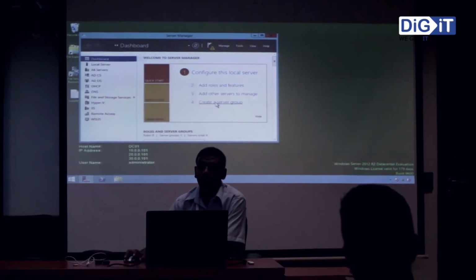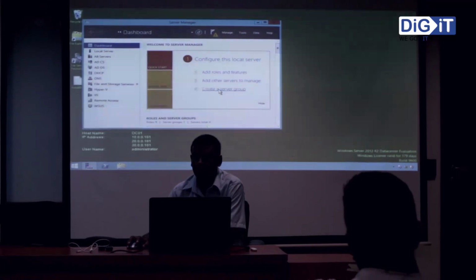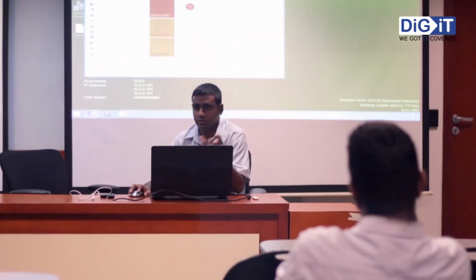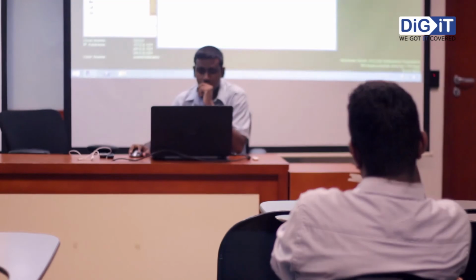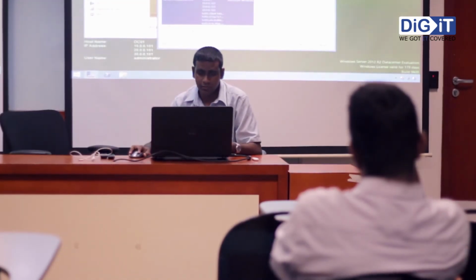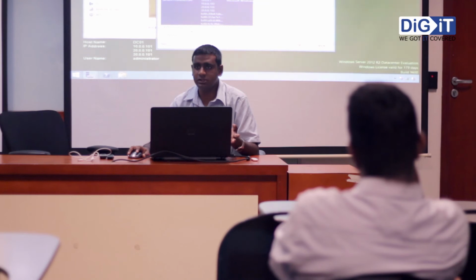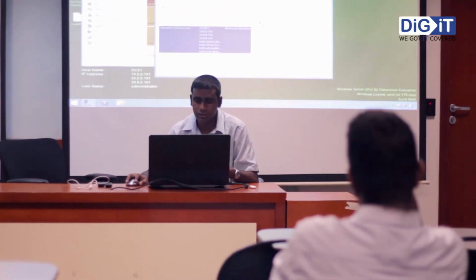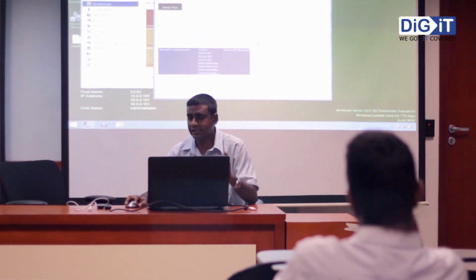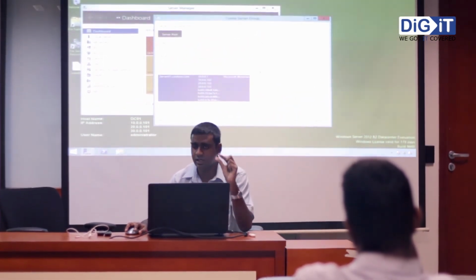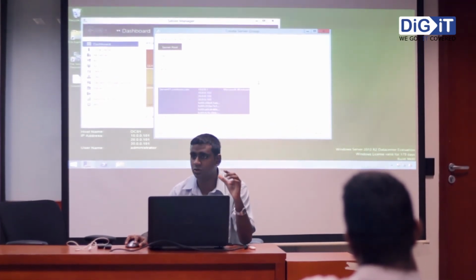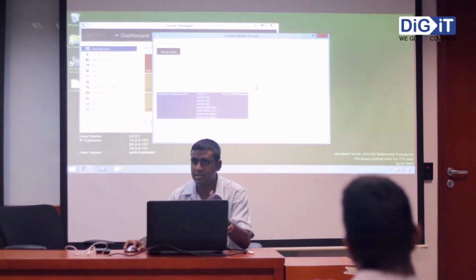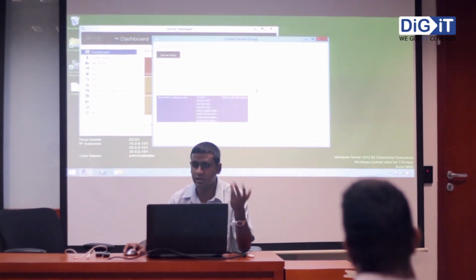Now I am going to create a group. So if I have 5-6 domain controllers, I can create a group called domain controllers and add them to that group. So I am going to rename these servers now. Suppose these are on rack A1, so I can select which servers are on the first rack A1 and group them in a single group. So in that case, I know there's a label in the server manager saying these servers belong to this group. So I know these servers are the same, the configurations are the same, they are in the same roles and whatnot.